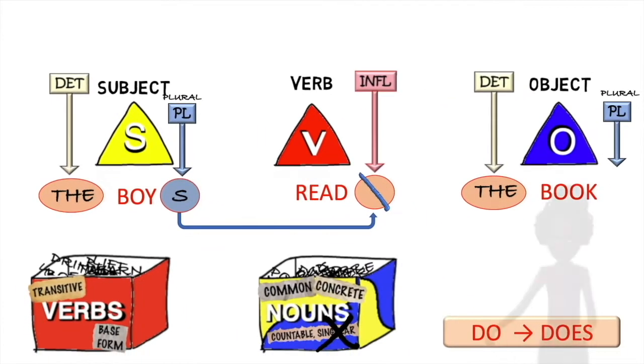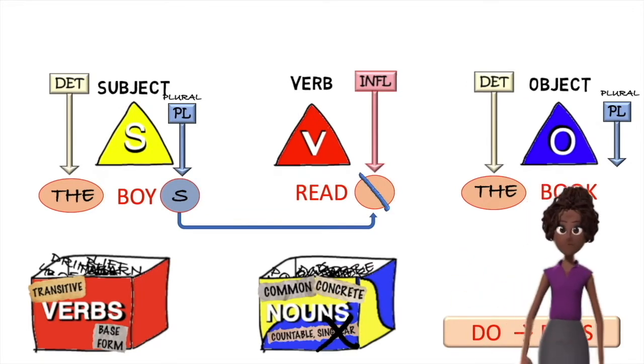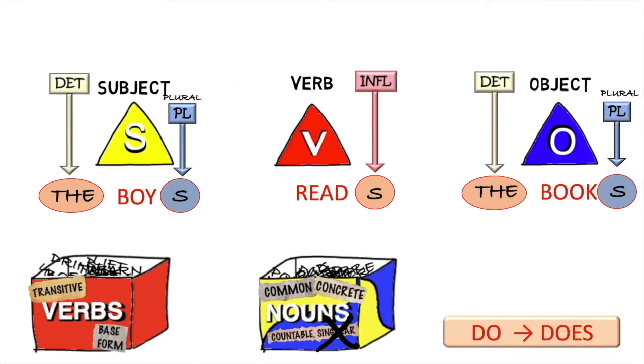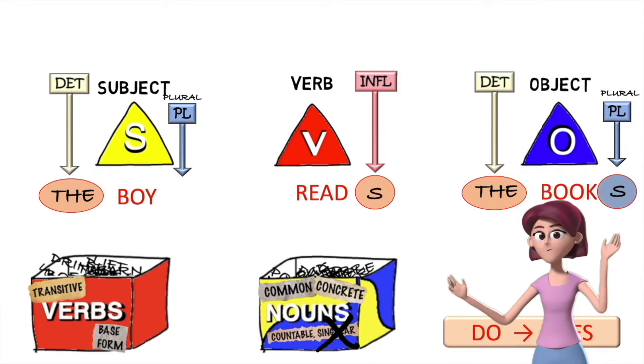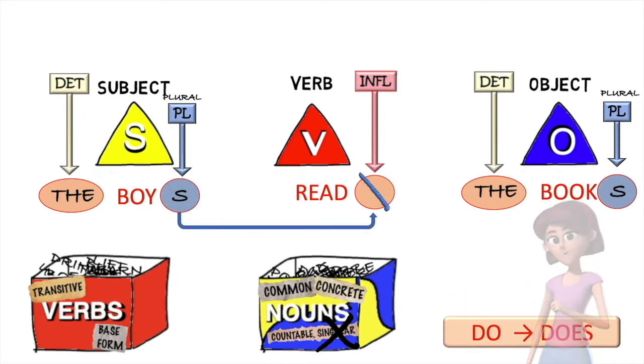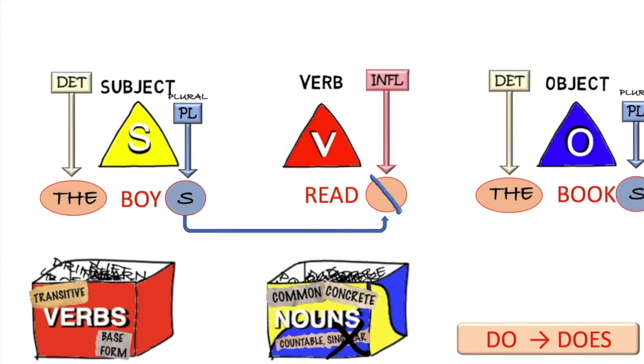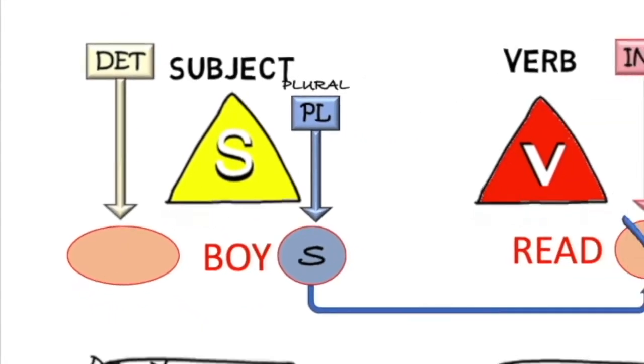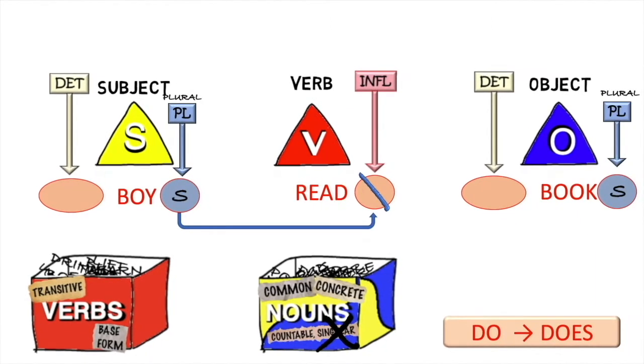And can they read more than one book? Can we say the boys read the books? Yes, of course. And we can have one boy reading more than one book. What about a boys read a books? No. We can't use "a" in plural sentences. If it's a particular group of boys, we say the boys. If it's an indefinite group of boys, we say some boys. And if we're talking about boys, or boys and books in general, we just say boys and books, with no determiner at all. All right.